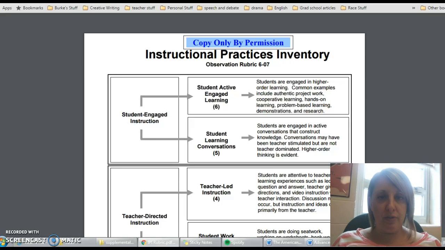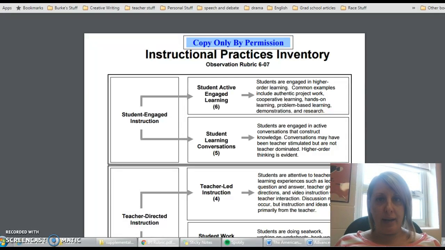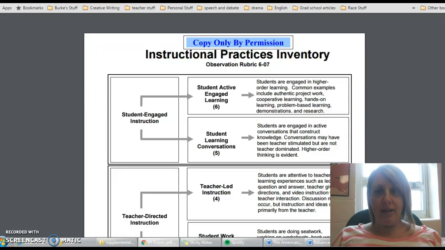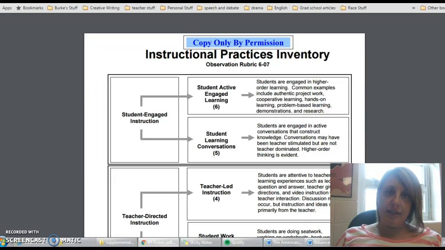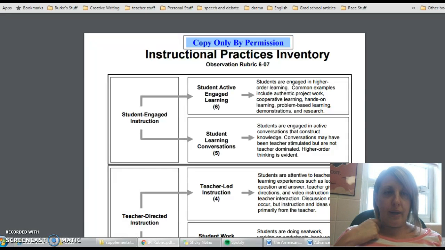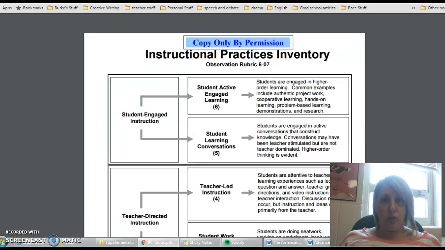Okay, for those of you who are still maybe a little unsure of exactly what IPI is, which is Instructional Practices Inventory, or if you're new to the district and you've never heard of IPI before, I wanted to send this out before we wind up doing IPI walkthroughs. We do 4 a year, so before that starts, I want to make sure everybody's comfortable with what we are looking for, those of us who are trained in doing IPI observations,